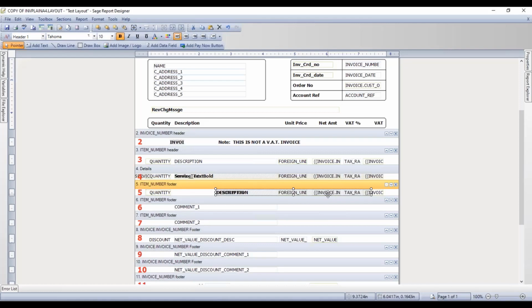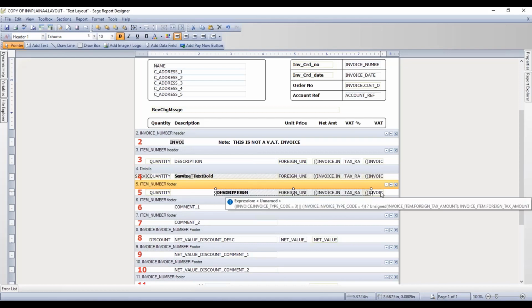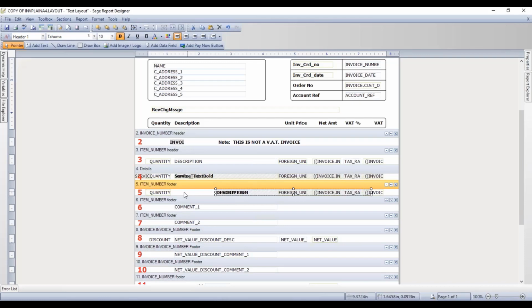Now, before I add my new product code field, I'm also going to move comment 1 and comment 2 a bit further to the right, just so they're sitting directly underneath the description. If I left those where they were, any comment data that I might enter would basically appear to the left of the description. So I just want to really keep things nice and tidy. So I'm just going to move these